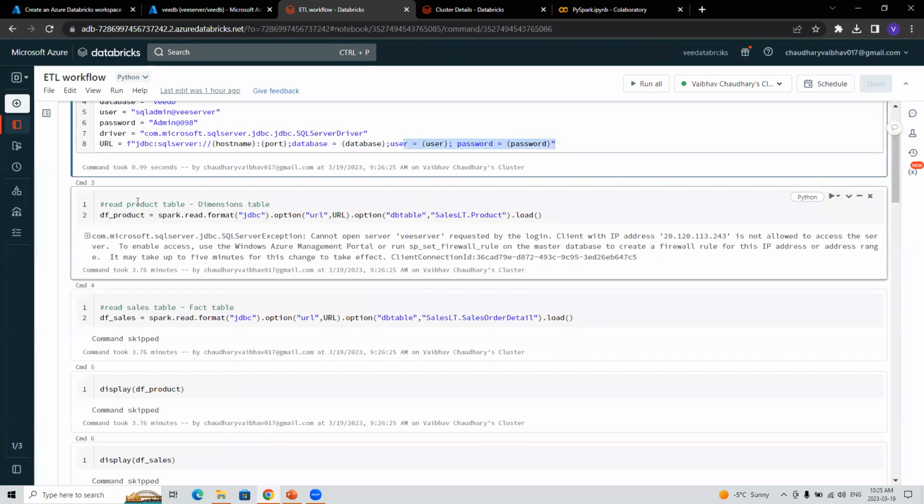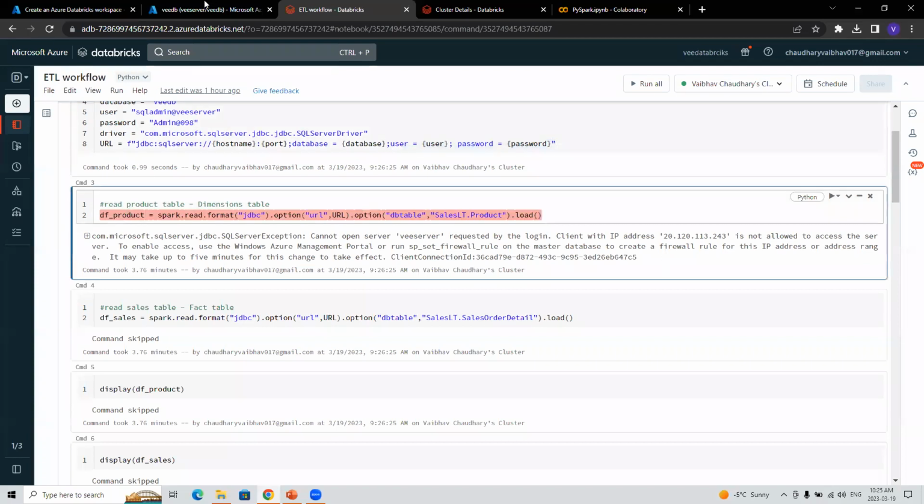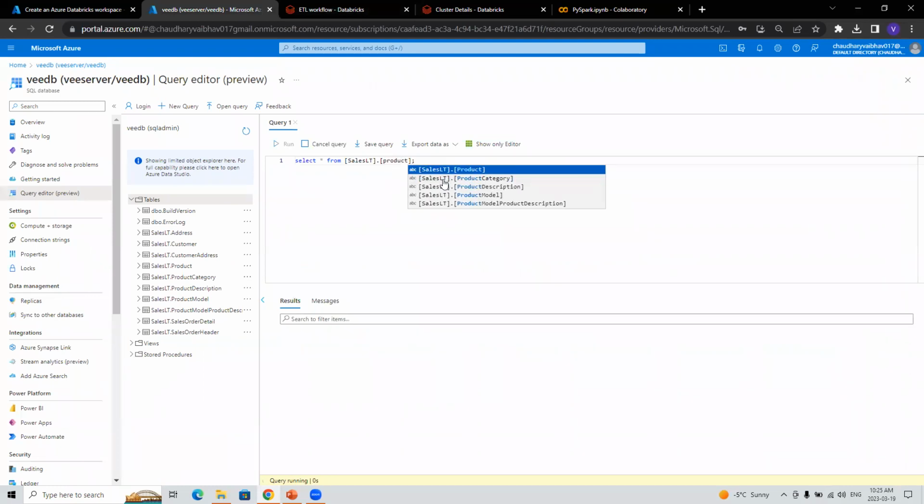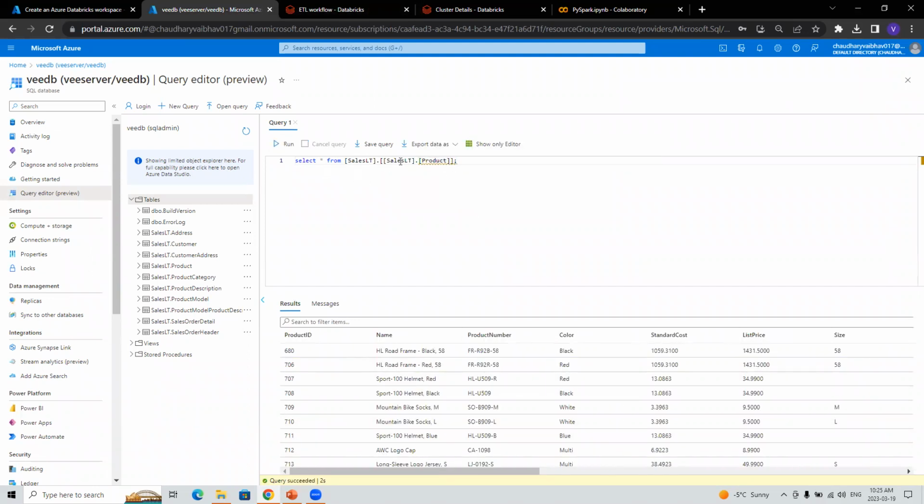First of all, I'll be reading the product table that is in here. So let me show you the product table. Sorry, this is the syntax actually, product, and yeah. So this is a table that is actually in the database.